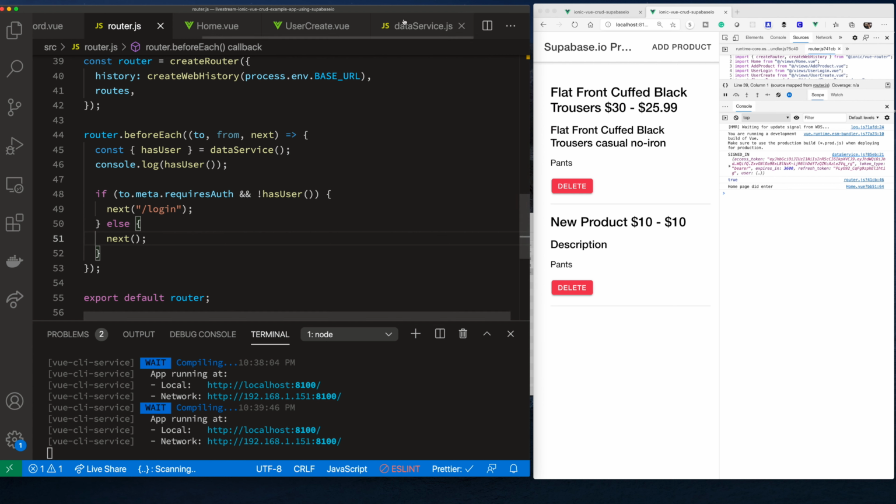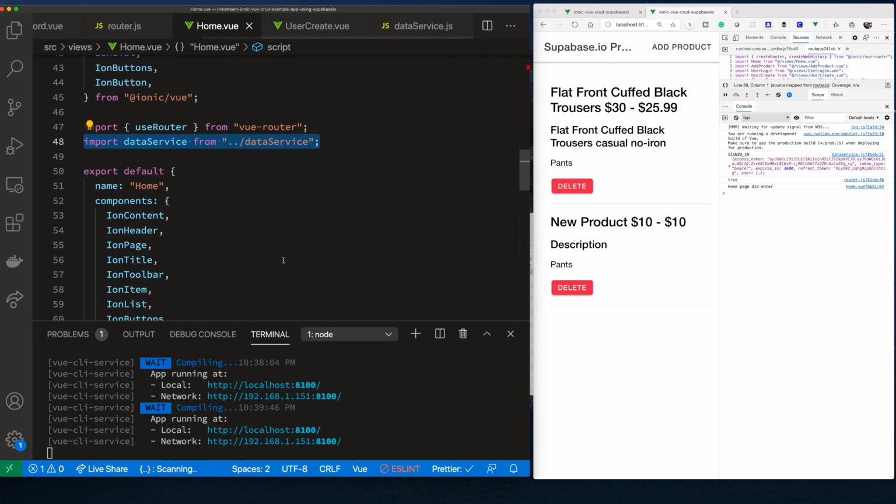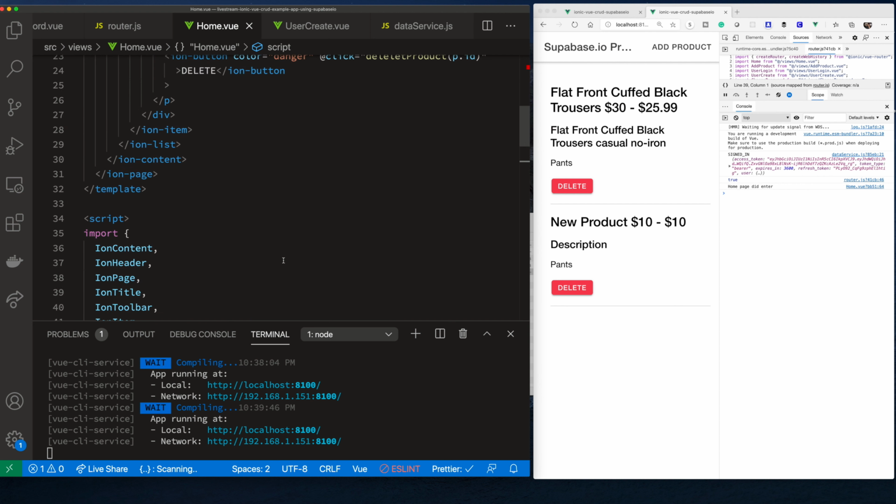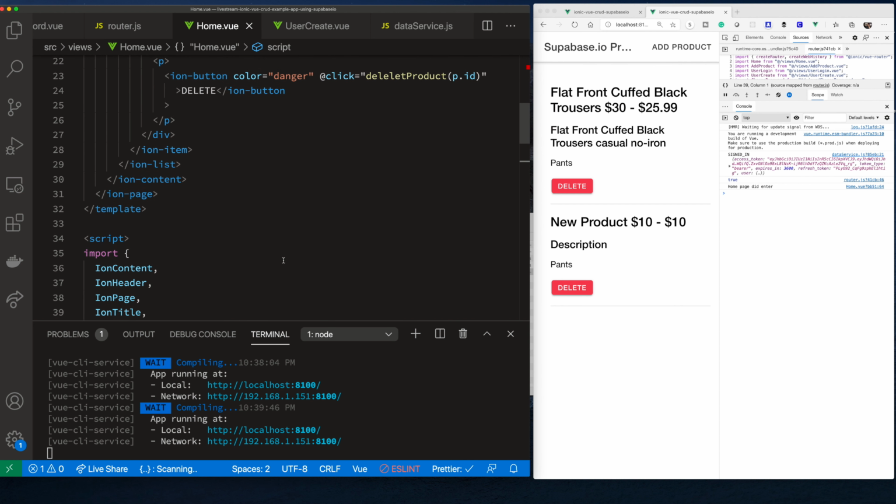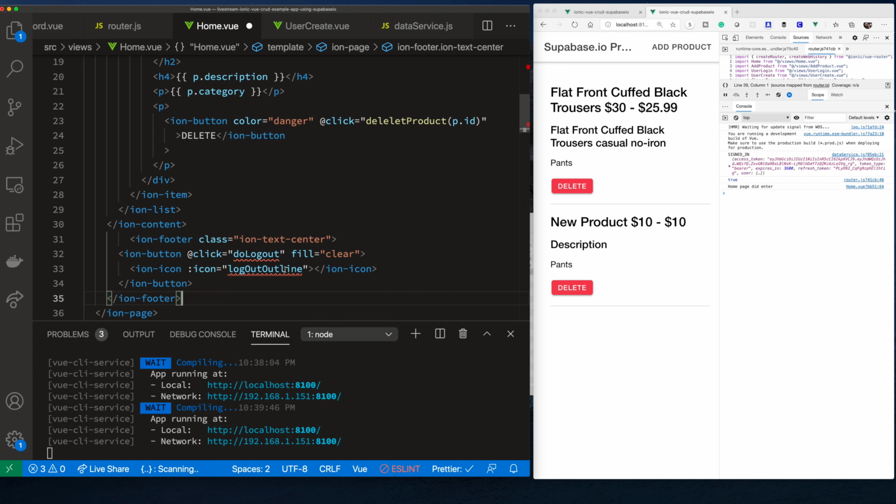We're going to add the logout on the bottom, so I can show you login again. So let's go to our home page. There's not really a nice place to add this, so we're just going to throw it in the footer, I guess. That makes sense. Yeah, let's throw it in the footer. So we're going to come down in the footer before the end of the page. We are going to create a button, log out. We're going to call a function called doLogout, which it's complaining because it says, well, first I don't